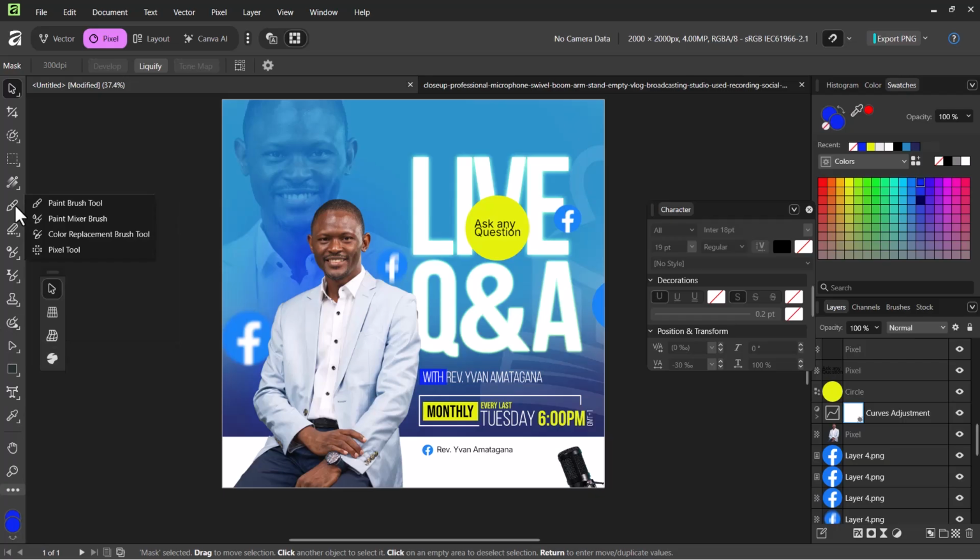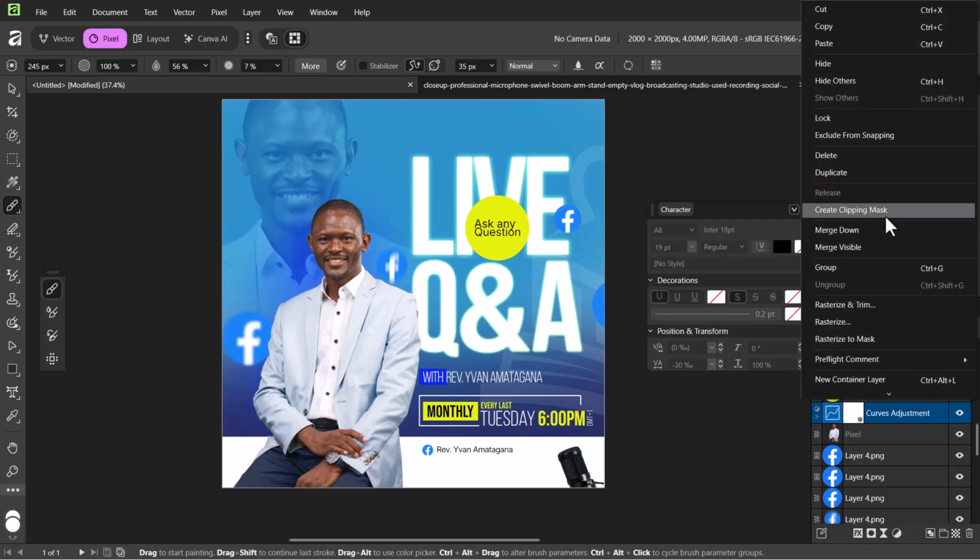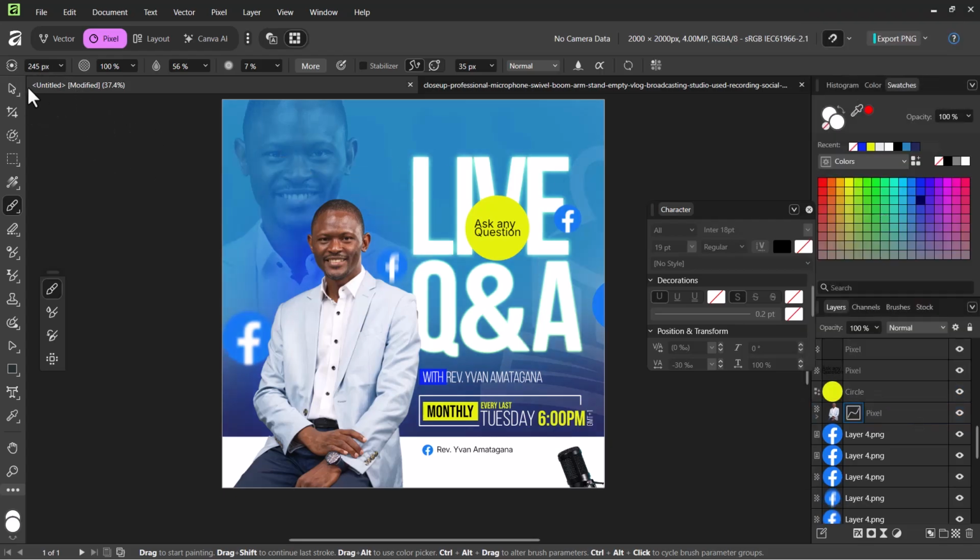Now press Ctrl I to invert the mask. So I want white and black brush. So I just want the face area to be a little brighter than it is. So just dab here to take away some of the shadows from the left side of his face. That. Then I'll right click here and I'll create mask. Okay,